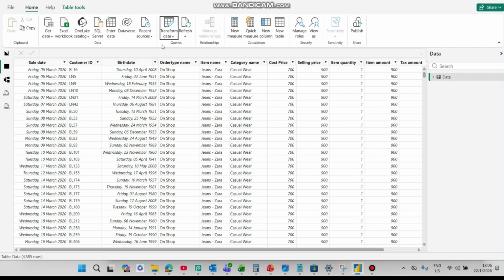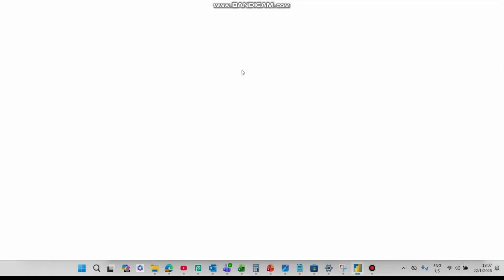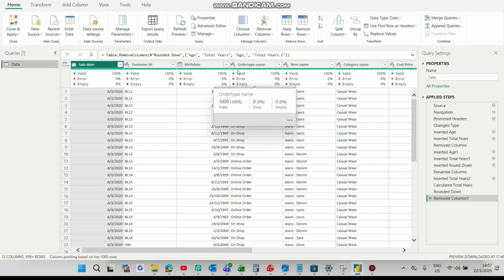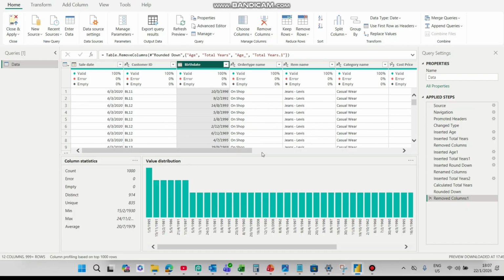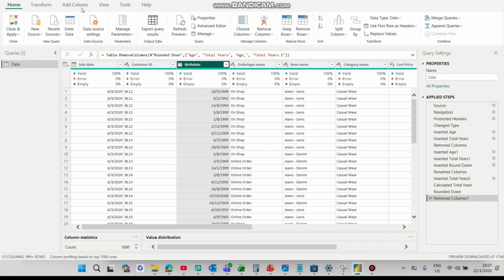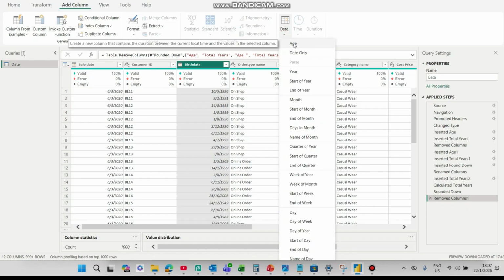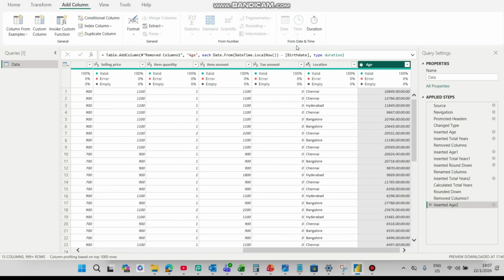It's pretty simple. We click on transform data, then we click transform data from here. Then once we are here, we go to the birth date column. Then we come on add column. Then we click on date here. Then we click age. Once you click age here, as you can see, we now have a new column called age